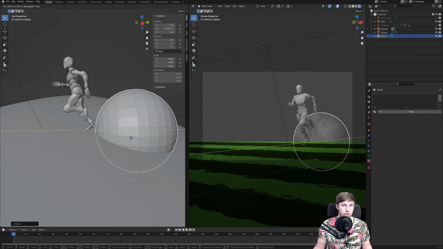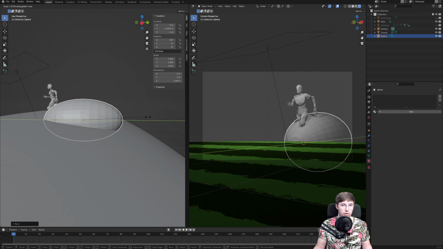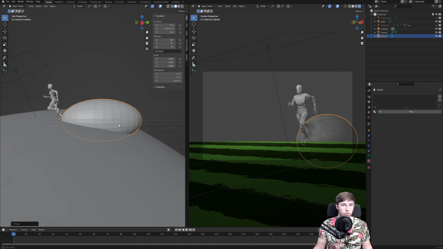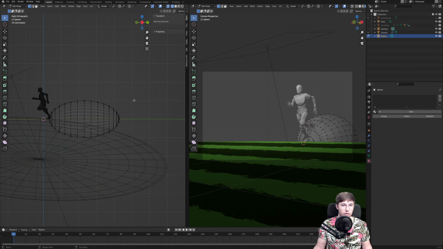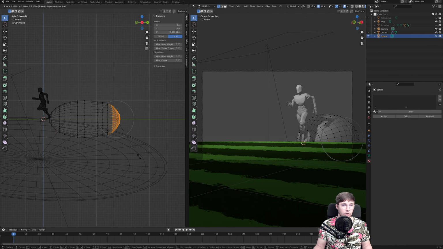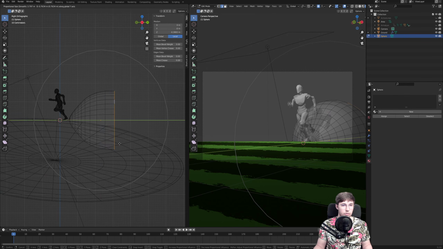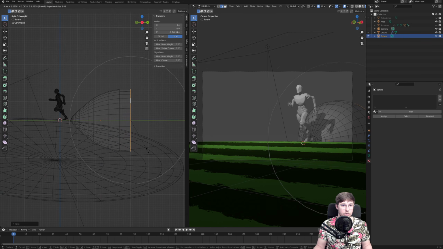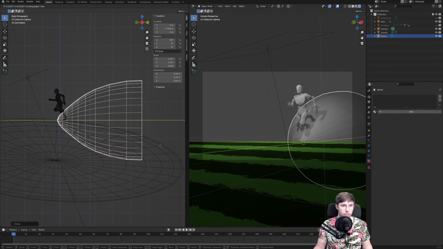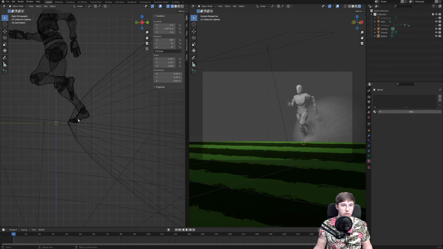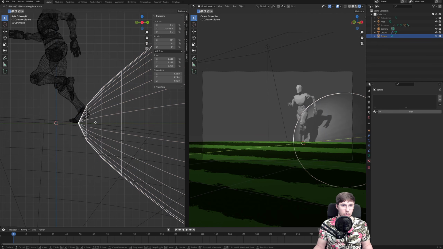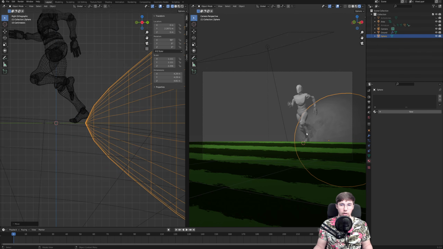Now first, let's position it behind the character, and also let's stretch it out a little bit. We can go into the edit mode and just take some of the vertices on the back. And while using the proportional editing, we can just make it bigger so that it looks a little bit more like a cone. And we can also delete some of the back faces because they're not going to be visible anyway. And just really go for the cone aesthetic. That seems alright, I think. Just make sure that the beginning is at the base of our character's heels, but that also it's not clipping